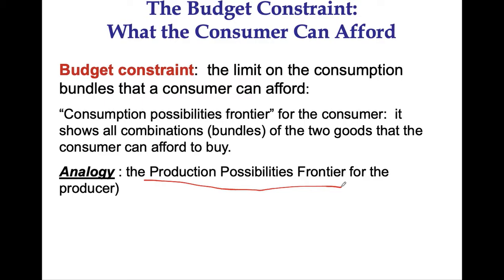The production possibility frontier is used for firms and producers. When it comes to consumers, we talk about the budget constraint, which is a consumption possibilities frontier. Given the consumer's income, it represents the limit of consumptions